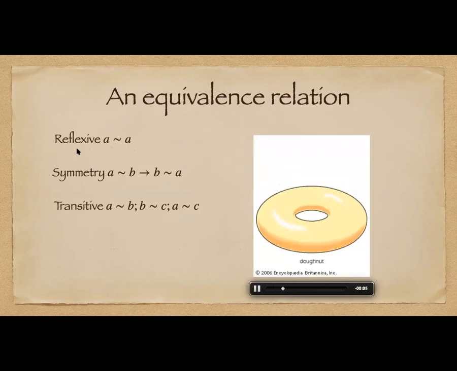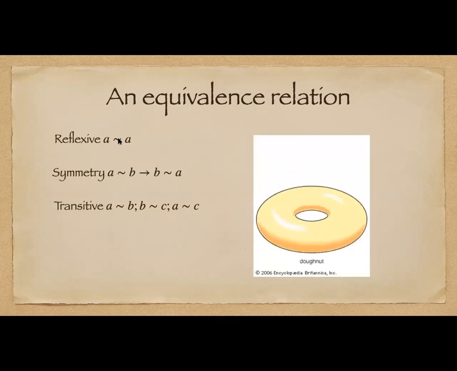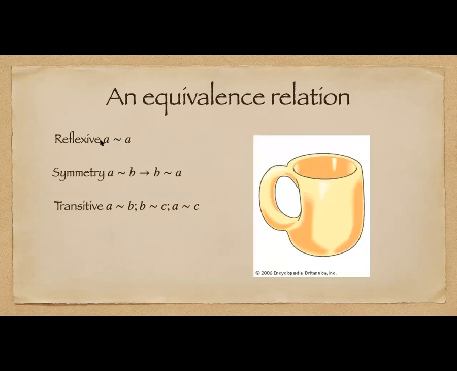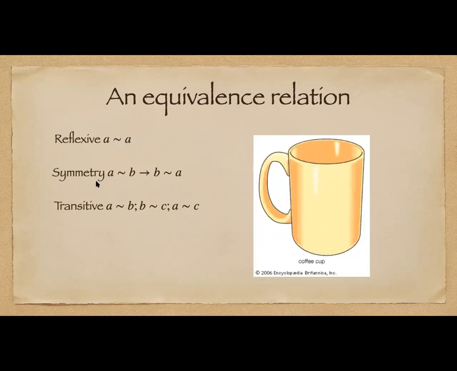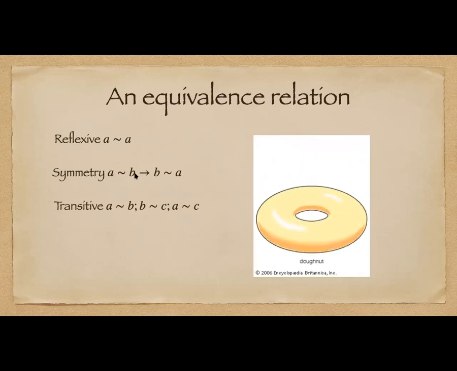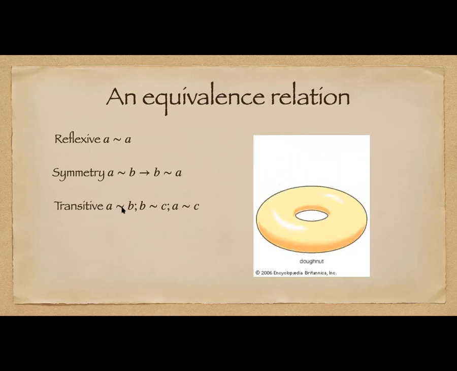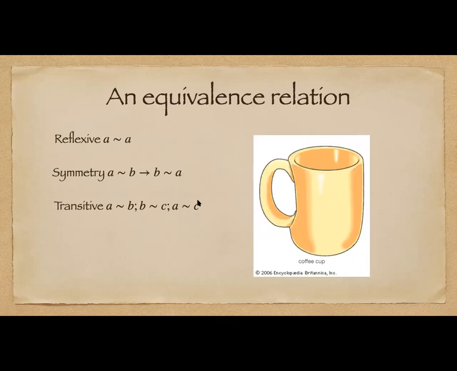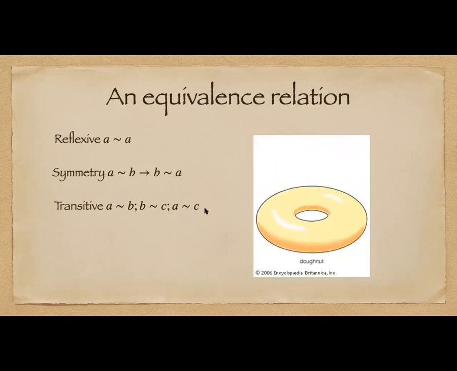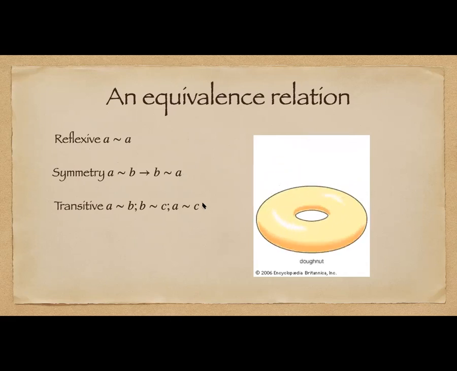So reflexive is when A is equivalent. When we define a map, then reflexive is the property of the map which says A is mapped to itself. Symmetry is when A is mapped to B, then B is also mapped to A. And transitive, when A is mapped to B and B mapped to C, then A is also mapped to C. So when a map has all these three properties, then we say mathematically that these are equivalent to each other.